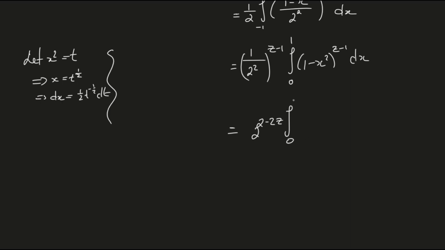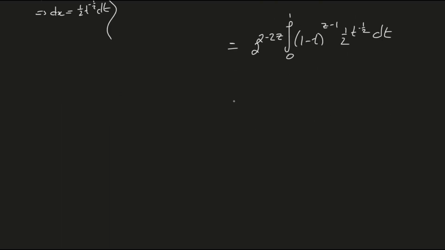So the integral still goes from 0 to 1, but this time we have 1 minus t to the z minus 1 times dx, which becomes 1/2 t to the negative 1/2 dt. The 1/2, when we bring it out front, will reduce the power by 1, so we have 1 minus 2z times the integral from 0 to 1 t to the negative 1/2, 1 minus t to the z minus 1